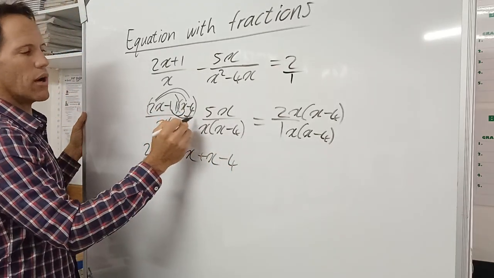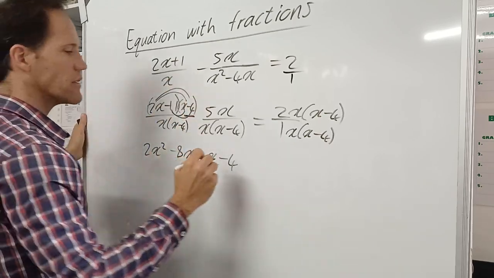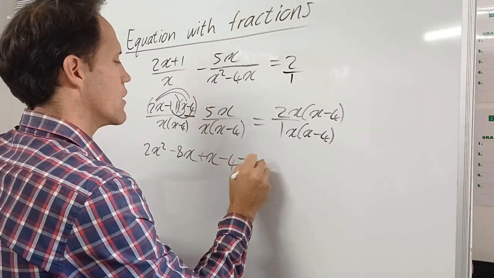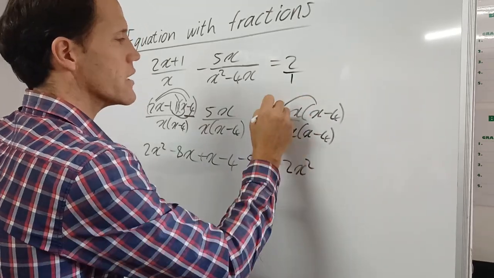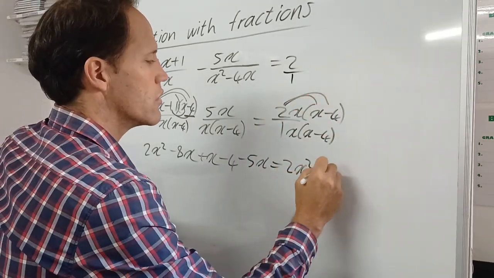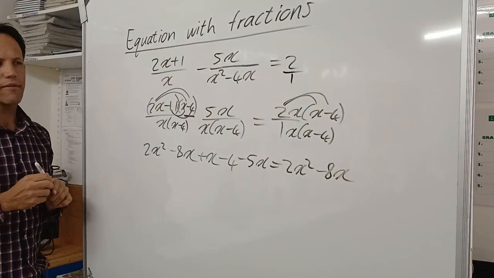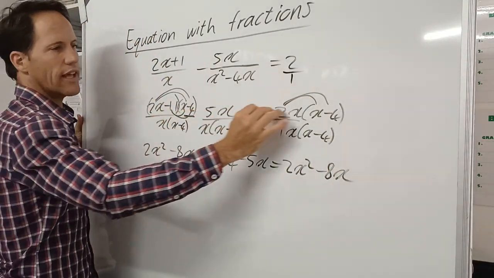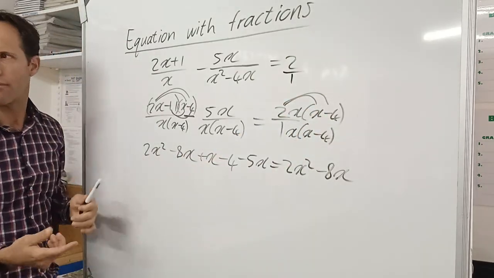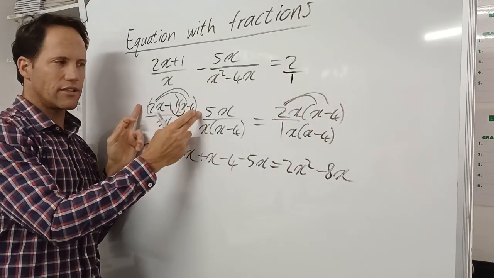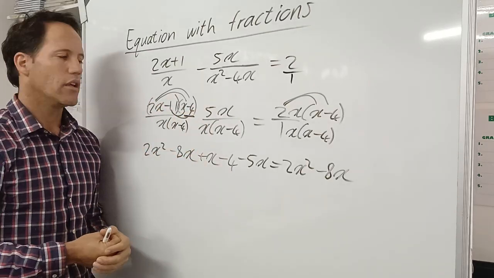Then we still add the minus here between. Remember this minus, that one there, minus 5x. Okay. And then here you've got 2x times x, which is 2x squared, and 2x times negative 4, negative 8x. So we simplified the whole thing. You could have first written down what you have left and then simplified, but to save time, while it is there, you might as well multiply it in already. Then you save one step.